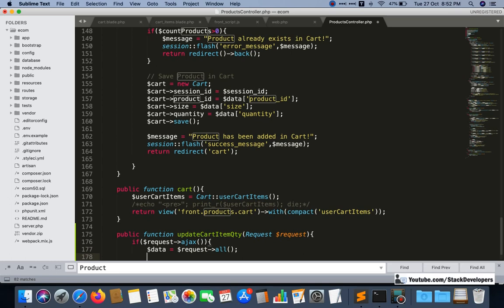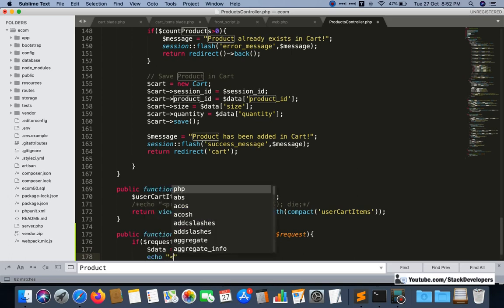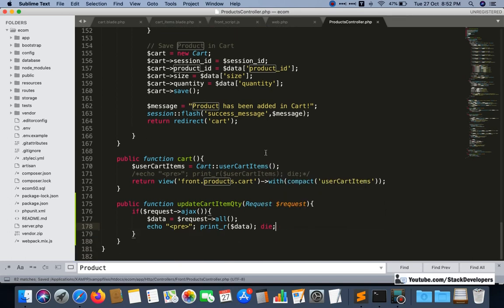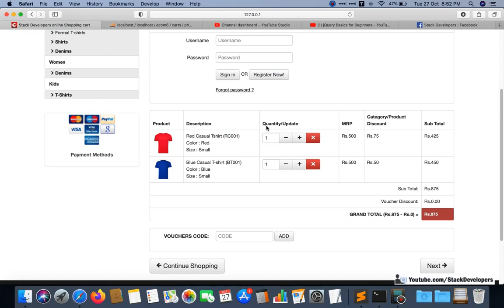Now we are going to check here whether the data is coming up or not. So we need to debug our code every time like this. Let's check, and now I'm going to refresh this one, and we'll open the inspect.